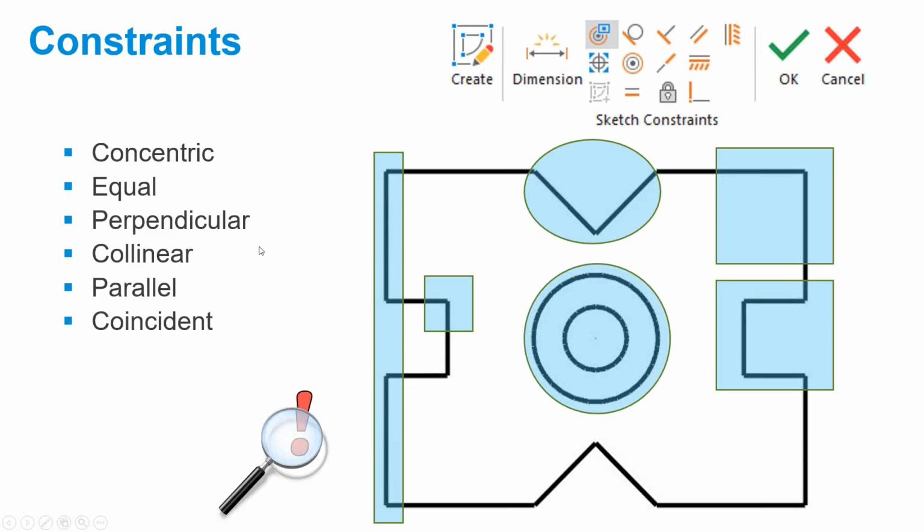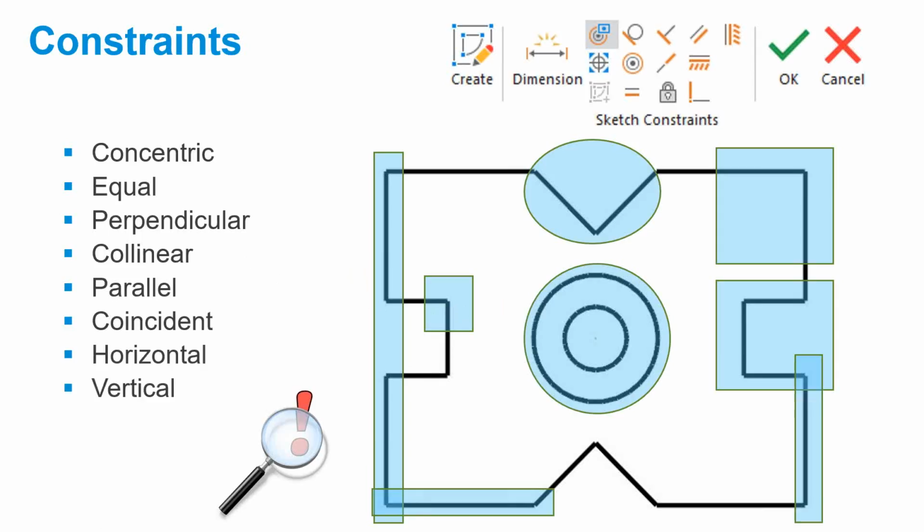Coincident is where two lines share the same node point. So that node, if we move the end of one of the lines, so the other line endpoint will move with it. Horizontal, it pretty much speaks for itself. It's fastened to the horizontal. It cannot be away from that. And of course, vertical. And the only other one that I'll mention that I don't have a graphic on here